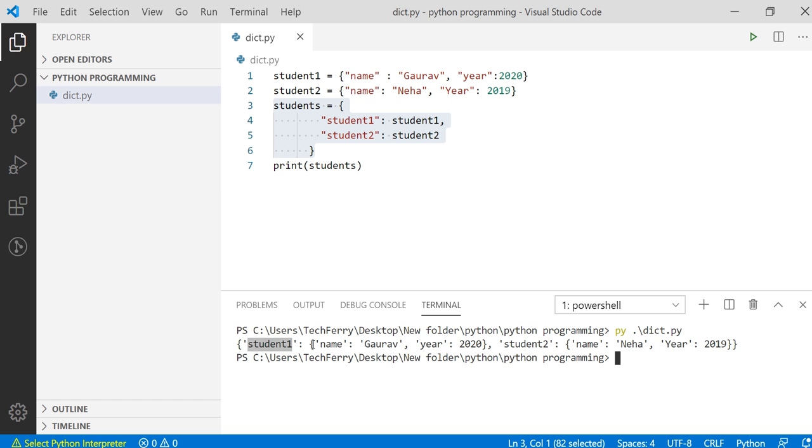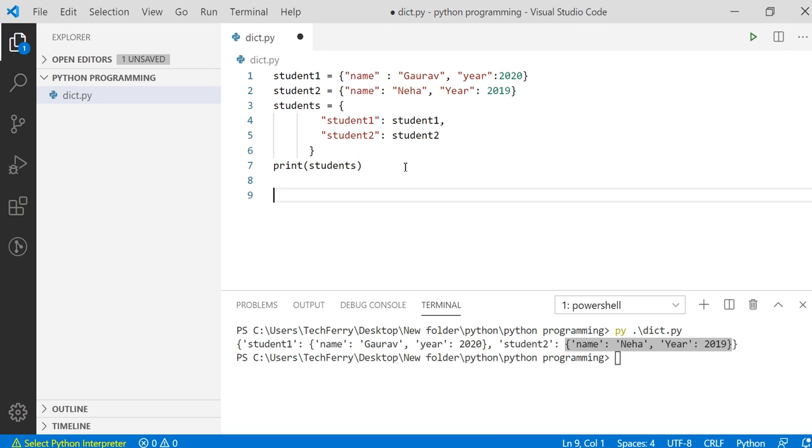You can see that we have student1, and the value is again a dictionary, and we have a key student2, and the value corresponding to student2 is again a dictionary. So we can have nested dictionaries over here.